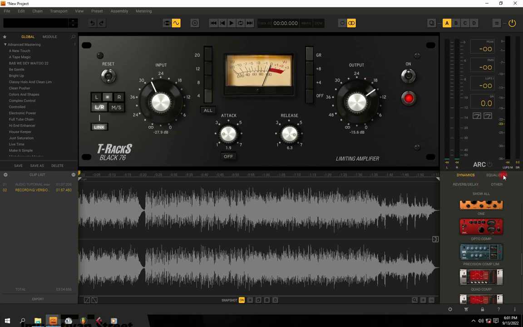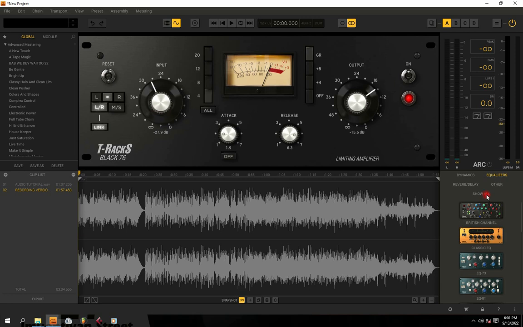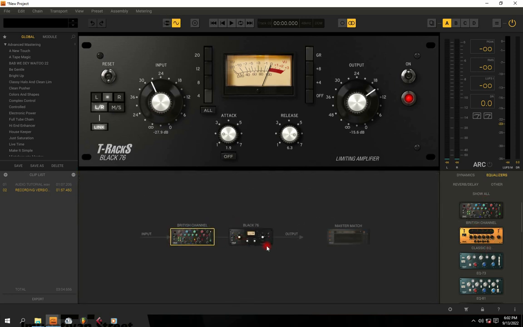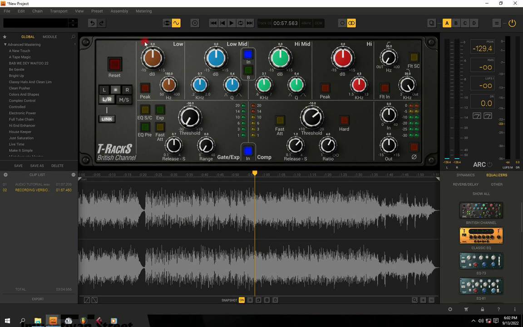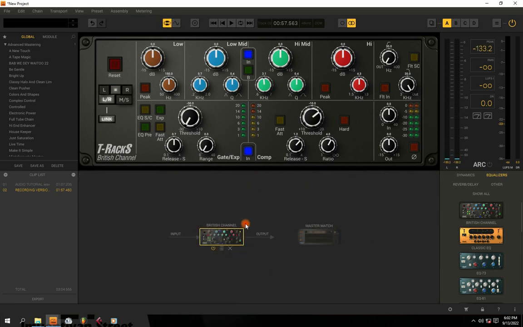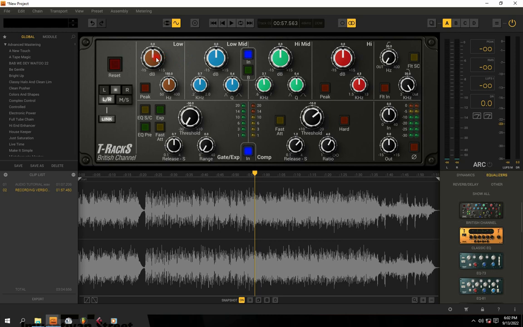Then the next tool we're going to go to is your equalizer. So what is an equalizer tool? If we come to this category, the equalizer section here, you see we have different forms of equalizer. So this is an equalizer tool. We have different forms of equalizer. What does an equalizer do? An equalizer helps to manage frequency. For example,